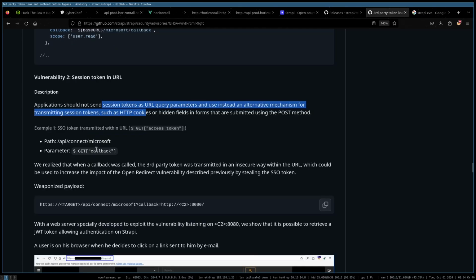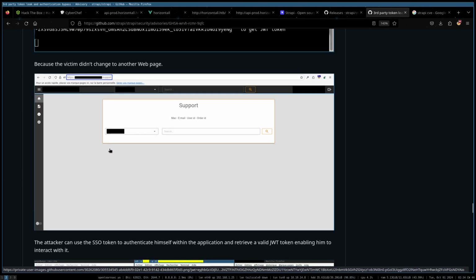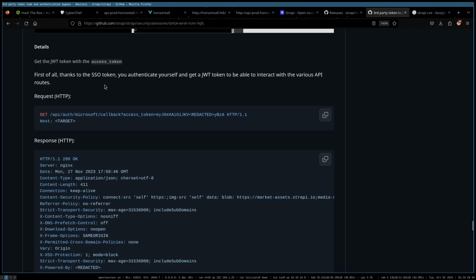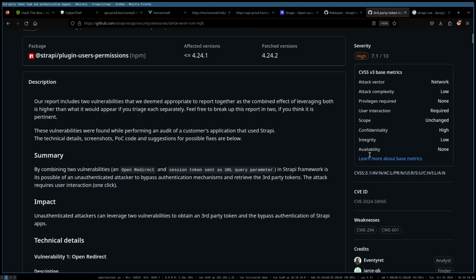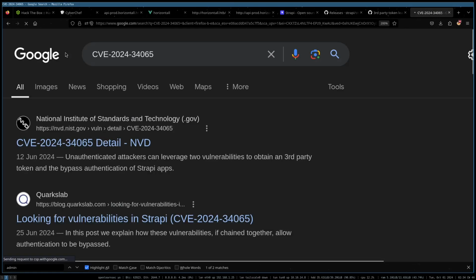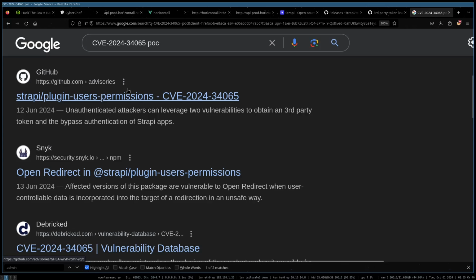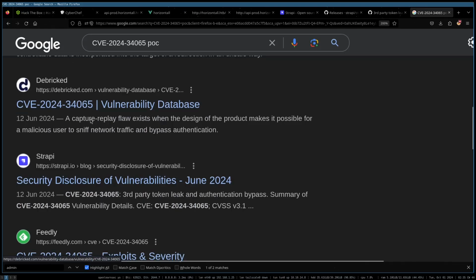Okay. So the result is authentication bypass, but